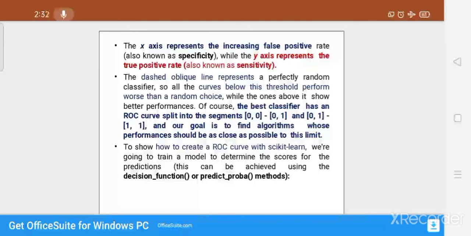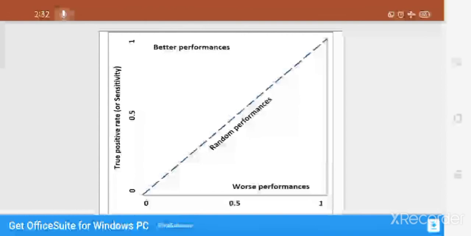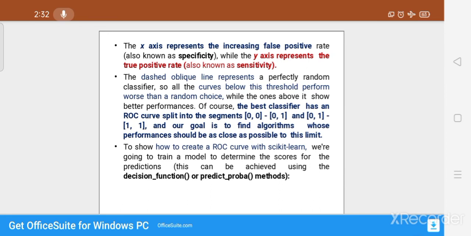Of course, the best classifier has an ROC curve split into two segments: first, from 0,0 to 0,1, and second, from 0,1 to 1,1. Our goal is to find an algorithm whose performance is as close as possible to this limit. So this can be shown using